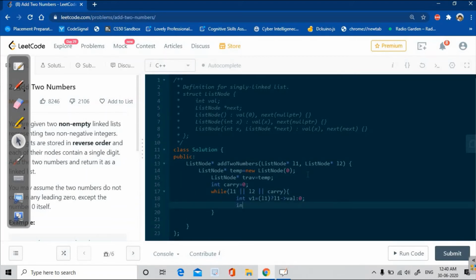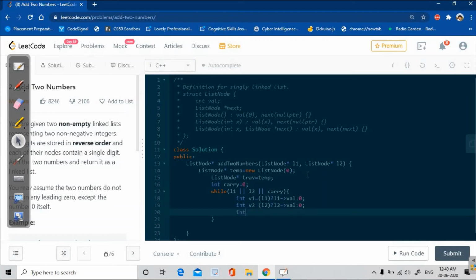We have seen this point: whenever my length is smaller than the other linked list, we will just add 0 where we have null. In the same way, value 2 will store the linked list 2 value, and it will check; if it is null, it will store 0.